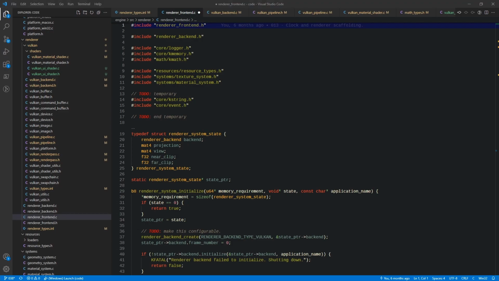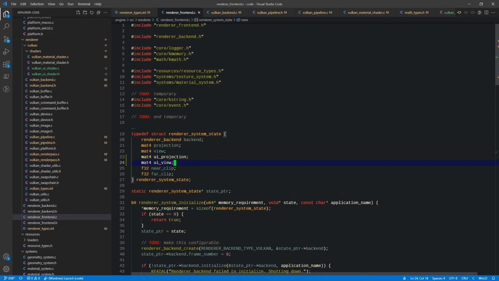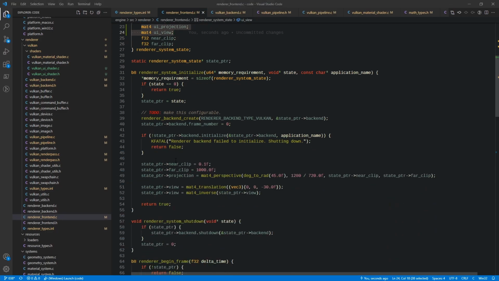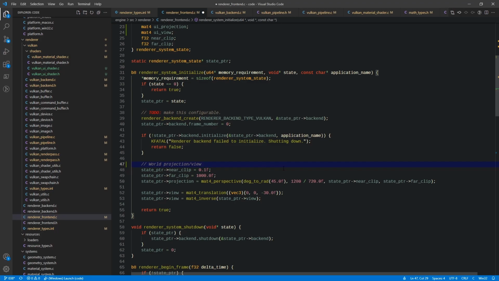First, we need to store a couple of things in our state. Right now we have projection and view. Those are for the world. We need copies of those for the UI. So we'll add those, and we'll make a note here that this is for the world. Okay. We should also probably put a to-do in here that our camera starting position should be configurable, because it's